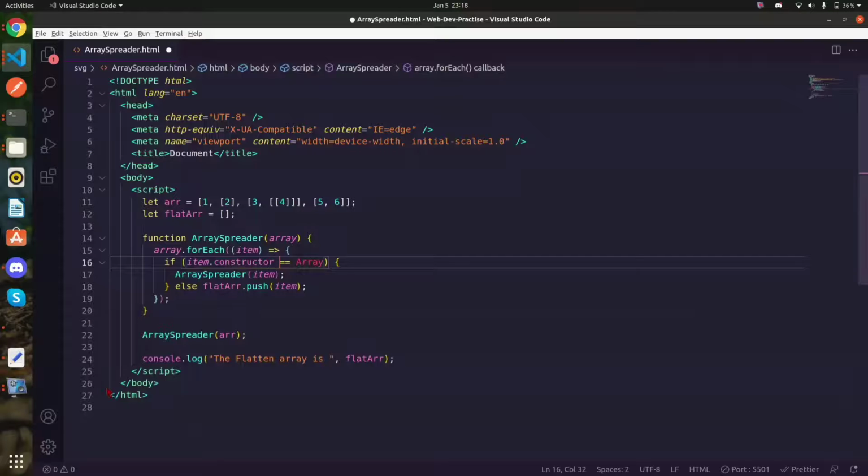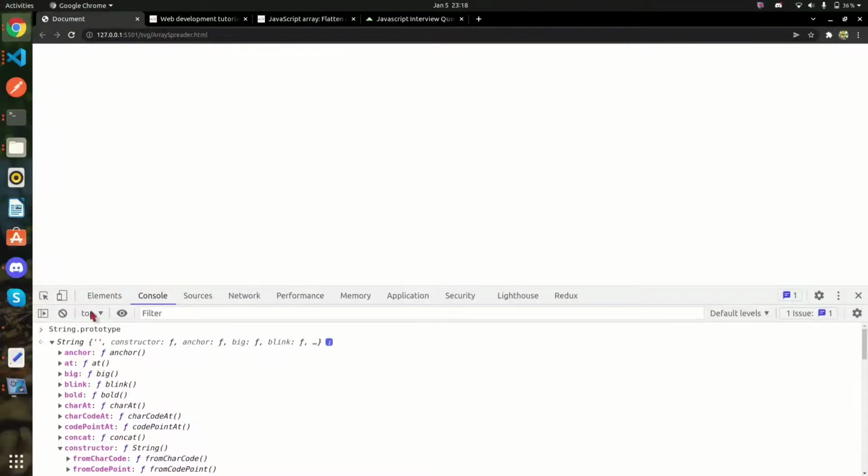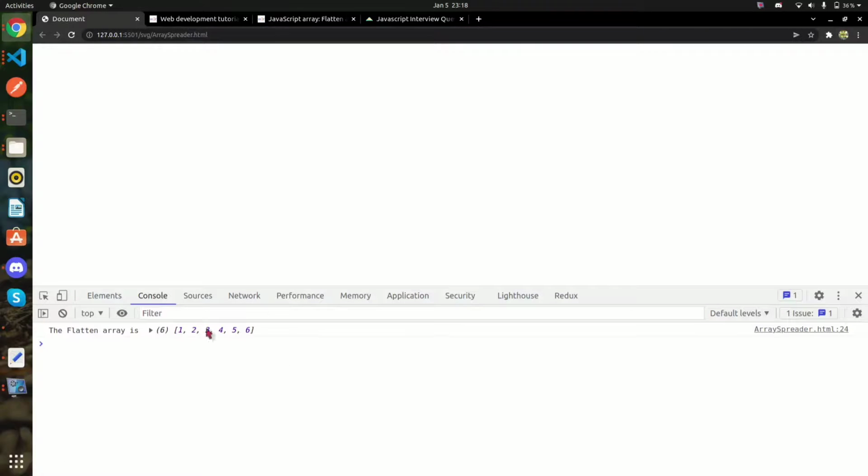So what I did is just check this function against the value, and if it matches, then we are looping it, and we are applying the recursive functions concept here. In this way, the lines of code are also fewer, and we are achieving the result. You can see in the browser, here we can see the result.